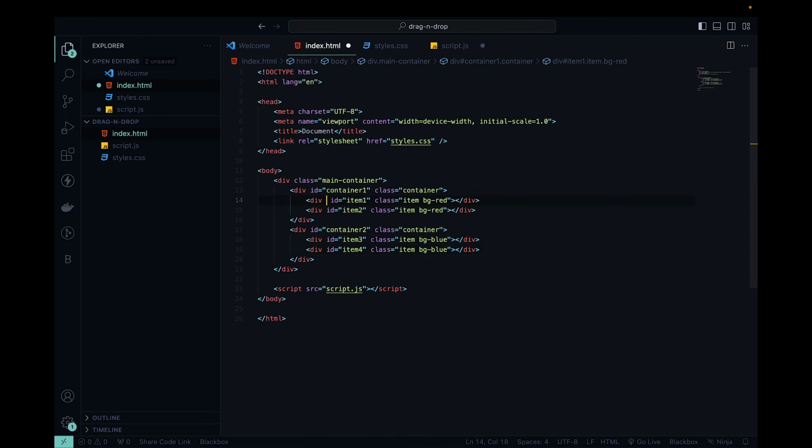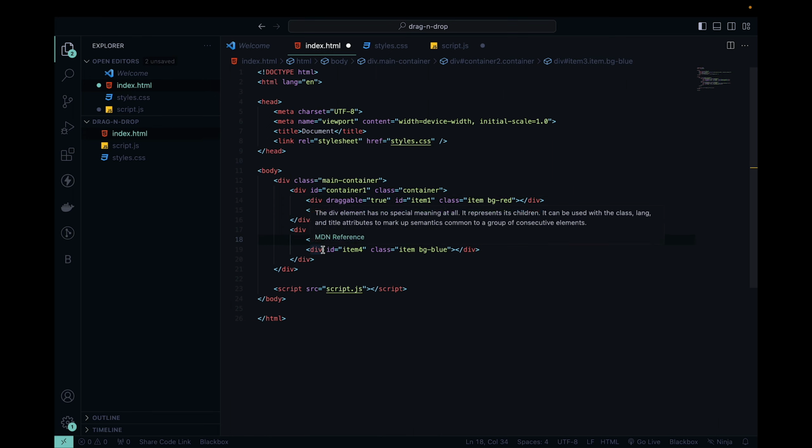In the item, if I go like draggable will be true, and copy this and paste it to the items. So refresh this, so I can see that now the items are draggable,